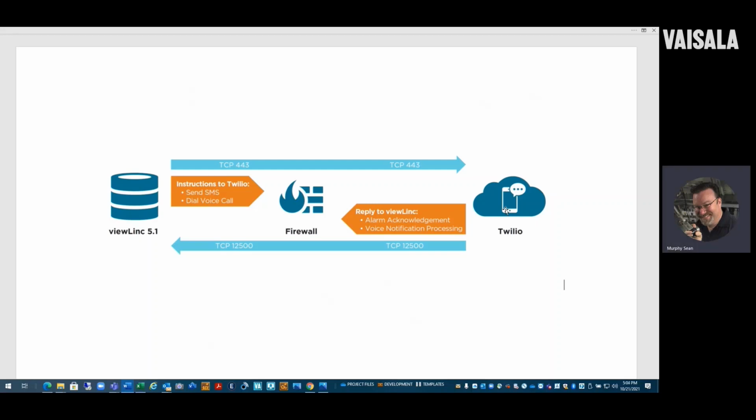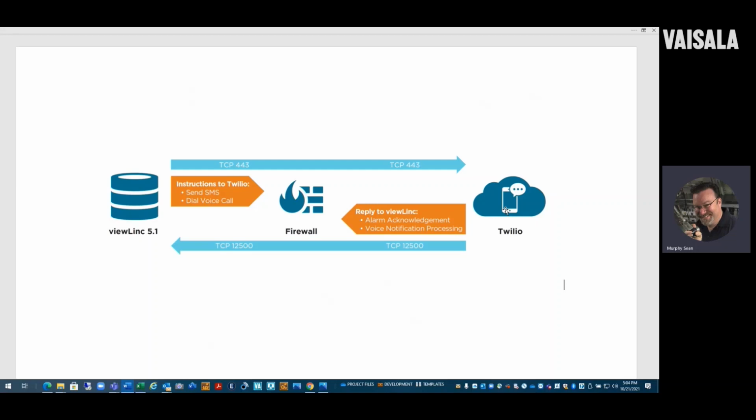And in the case where you have the voice dial, that's a little bit more complicated. It will send a telephone number and, of course, all the account information for the ViewLink server calling to the Twilio system to initiate an outbound phone call. Now, this is going to be the first number on the list. So when you're setting up a call queue, it'll be the first call. And the first call goes out to the first person on the list, and Twilio will call that number.